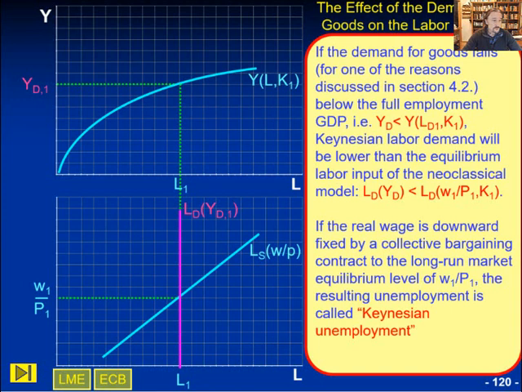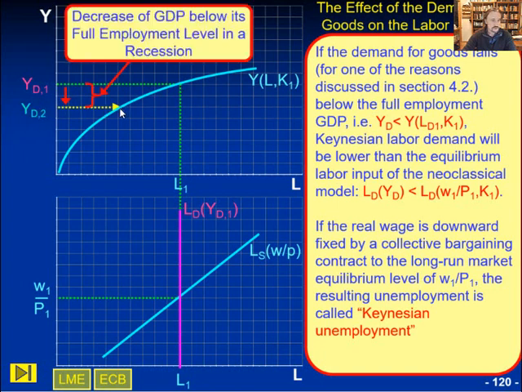In a recession, total demand for goods has fallen to a lower level than necessary to produce full employment GDP. As a result, demand for goods has fallen to a level where demand for labor is lower than necessary to have full employment. We call such a situation Keynesian unemployment. In such a situation, firms will dismiss workers or will not re-engage new workers for older workers that retire, such that the number of workers decreases and as a result labor